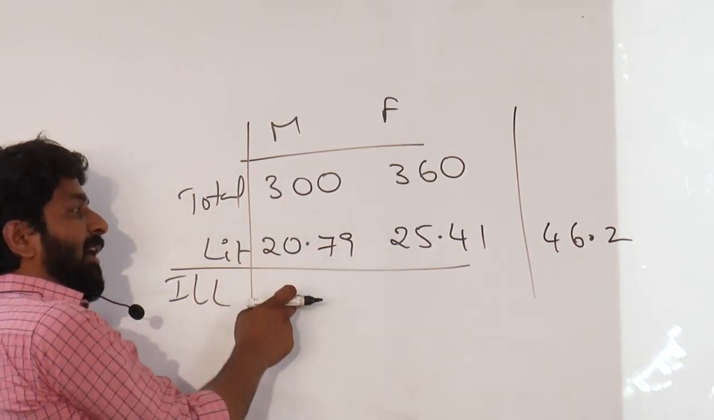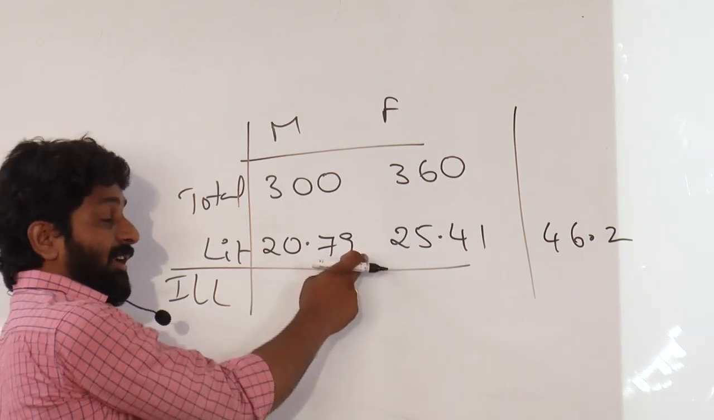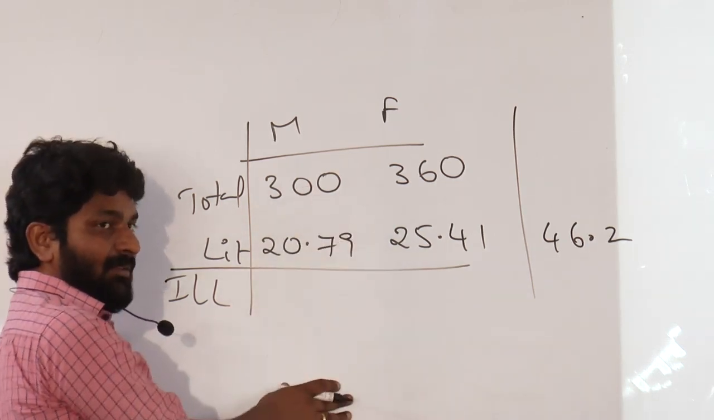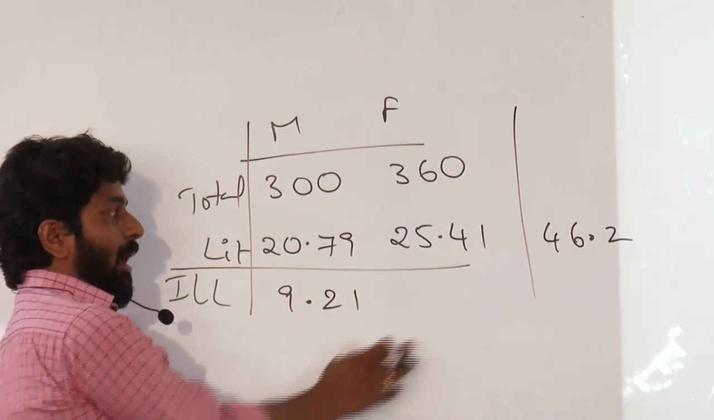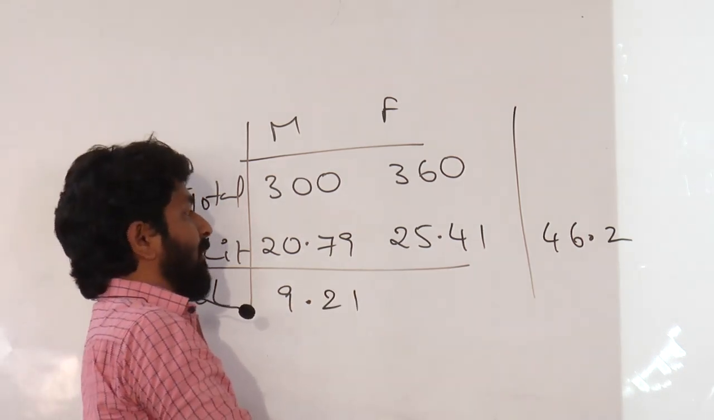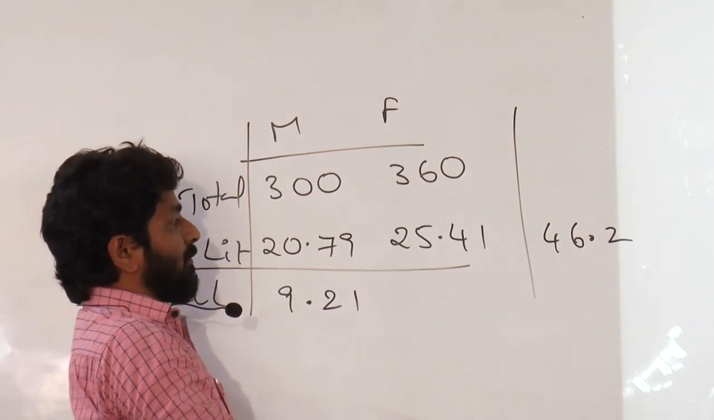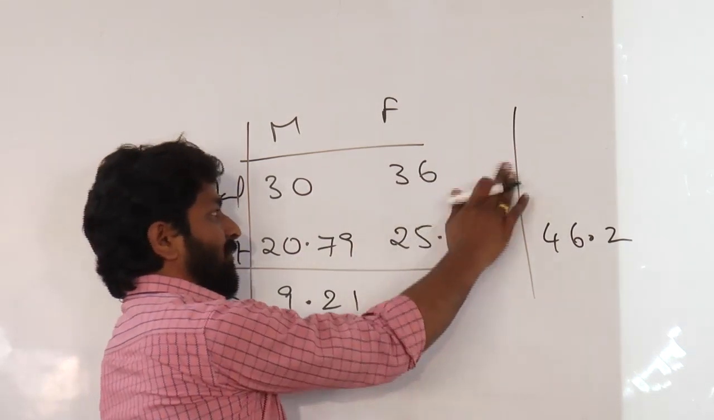Total illiterate male are, subtract 21, add remaining value, 9.21. Out of female it is,